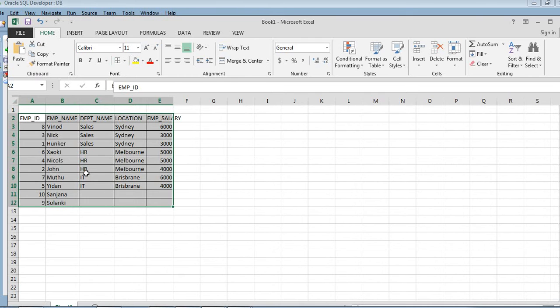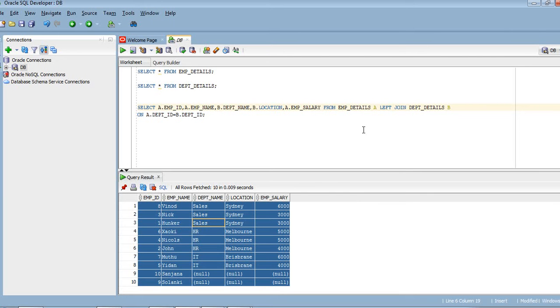Okay, so let us do one more thing, since over here it came in this way. Reorganize this based on the order by of EMP ID, then it will be easier for us as well. Order by a dot EMP ID.